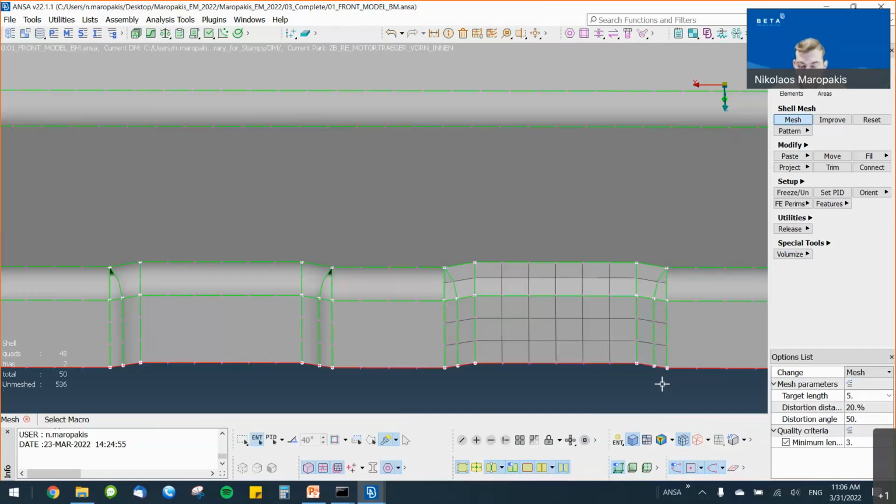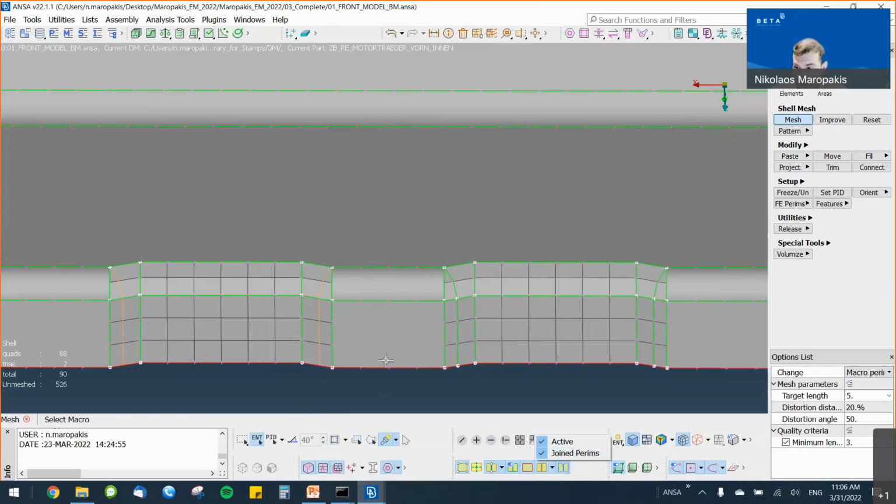All the options about the mesh and its quality are obtained from the global mesh parameters and quality criteria. The mesh function comes with different options regarding the level and the way that it will mesh the model. For instance, here, if I change these options, all these options are available in the options list. If I choose the macro perimeters option and I mesh the area next to the one that I meshed, I can see that the joining of perimeters is allowed where needed. The visibility of the joint perimeters can be turned on from the corresponding button here and can be seen in my model with the orange color.